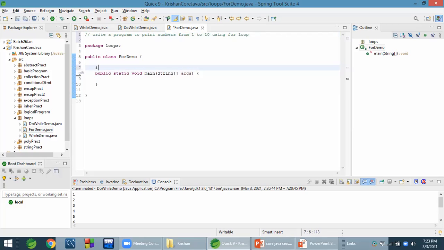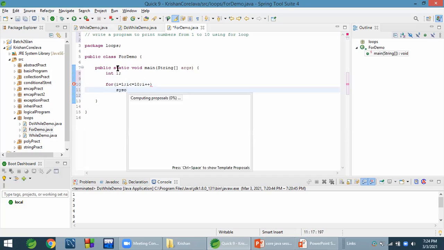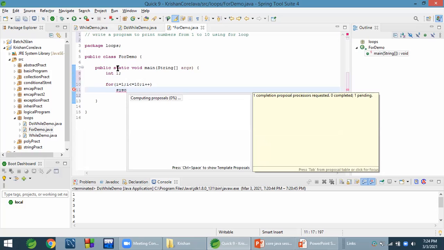Here we will declare one variable I, and here for, this is a keyword for, start and close bracket, do initialization, I equals to 1, write the condition, execute this loop till I is less than equals to 10, I plus plus, and here System.out.println I.